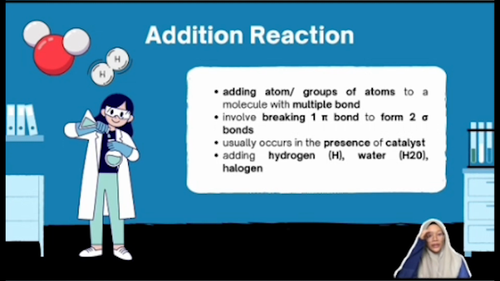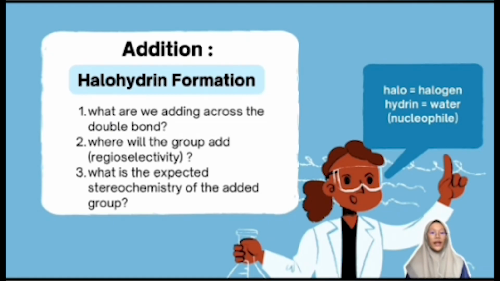So generally, we will add halogen, water or halogen into the molecule. As for my part, I'm going to explain about the halohydrine formation. The halo comes from halogen and hydrine comes from water. Think of hydration. So we will answer these three questions in halohydrine formation, which is first question, what are we